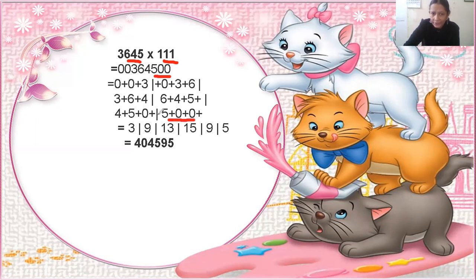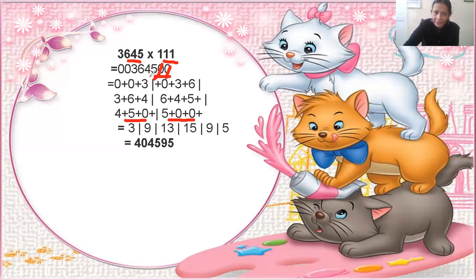Now put a slash. I have put the slash. Now you know you have to ignore this 0. You have to take the next three terms. What are the next three terms? You look here carefully. The next three terms are 4, 5 and 0. So you put a slash and write down 4 plus 5 plus 0. Now you ignore this 0 also.